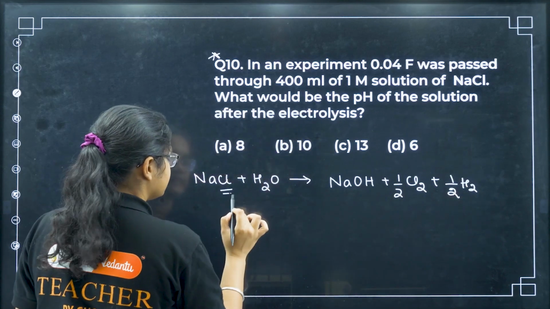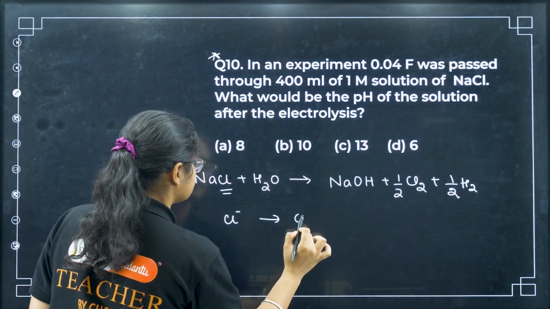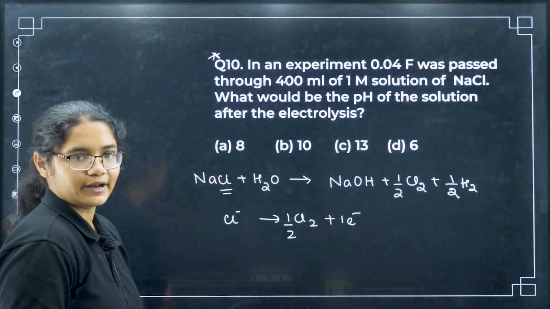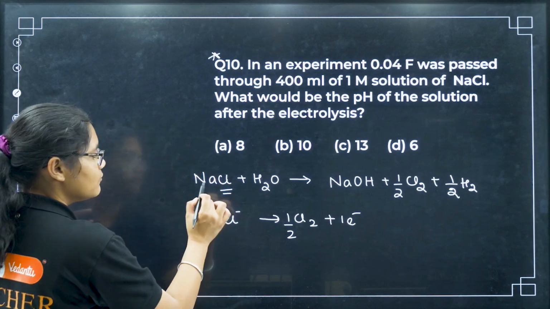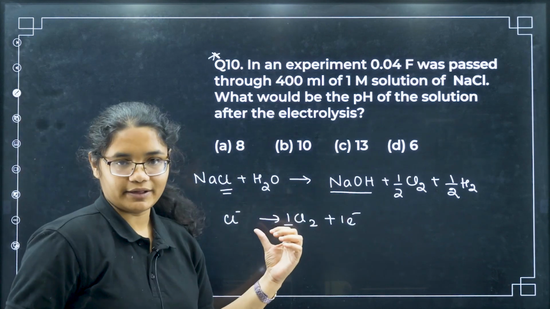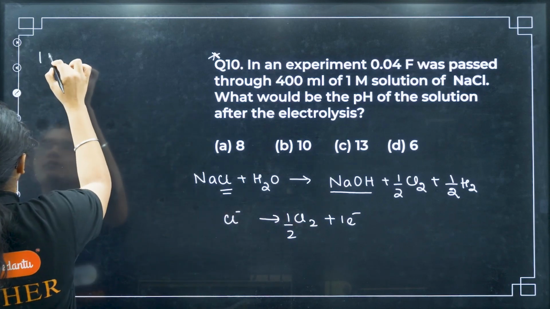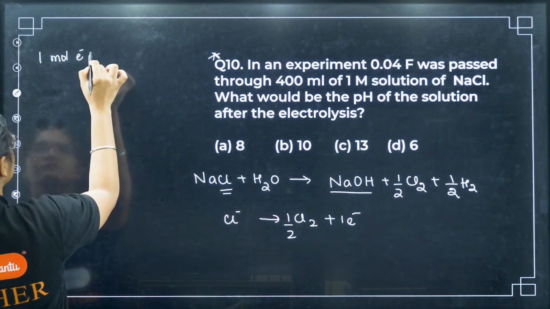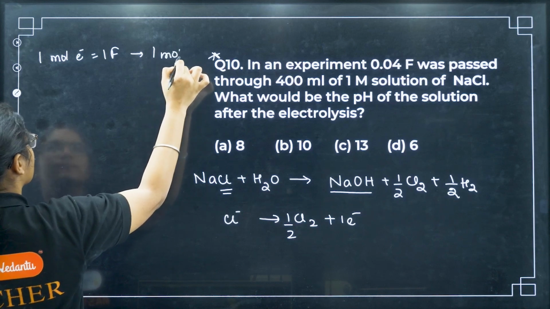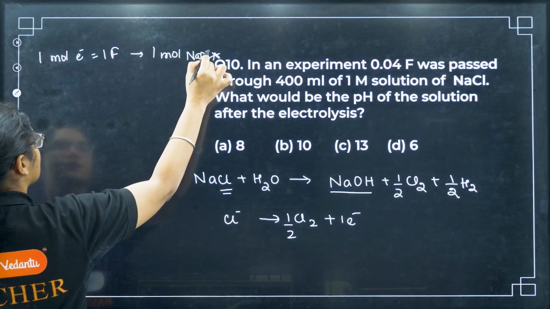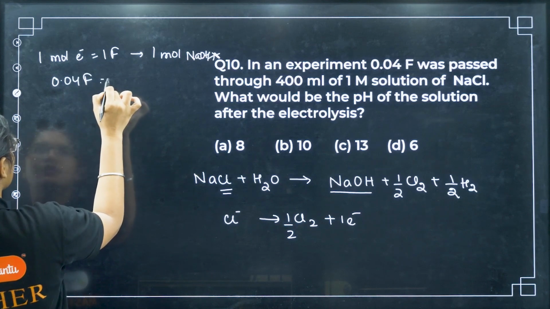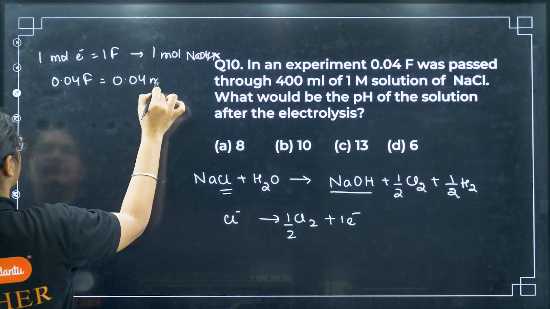Now if I see just Cl minus, right, Cl minus gets converted to half Cl2 with 1 mole of electrons, right? So I can say that 1 mole of electrons deposits 1 mole of NaOH, right? So 1 mole of electrons, which is equal to 1 Faraday, deposits 1 mole of NaOH. So 0.04 Faraday will deposit how much? 0.04 moles of NaOH,